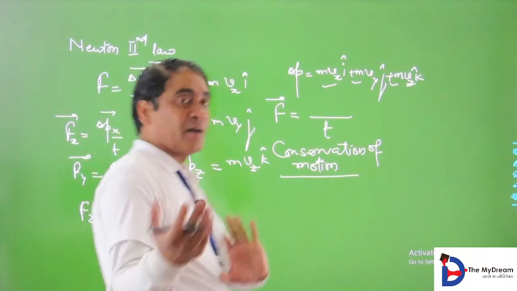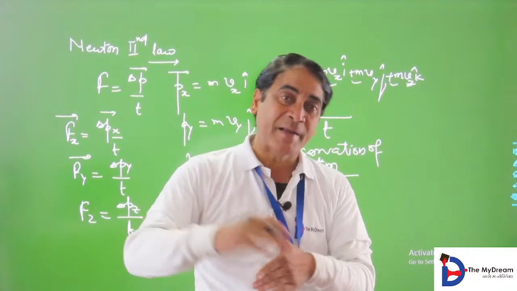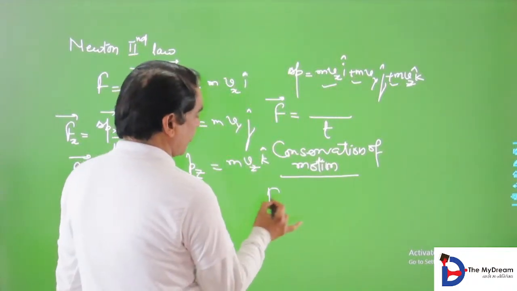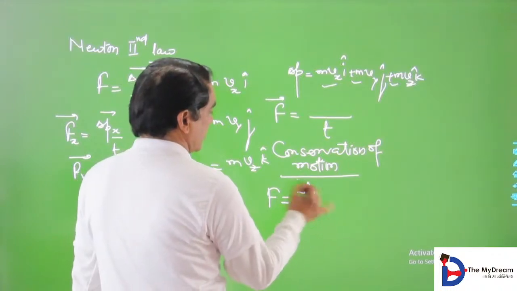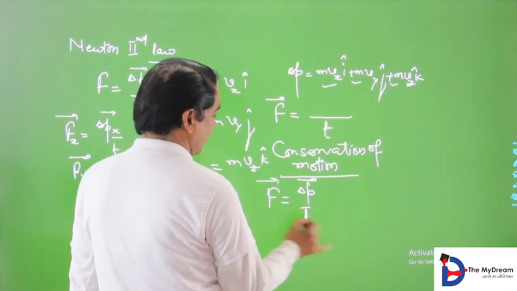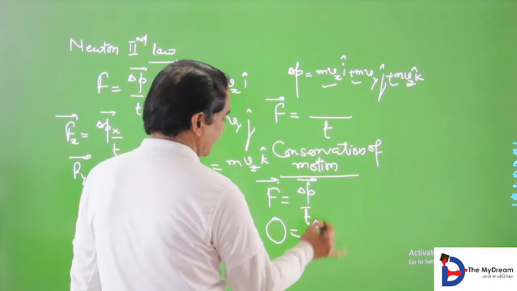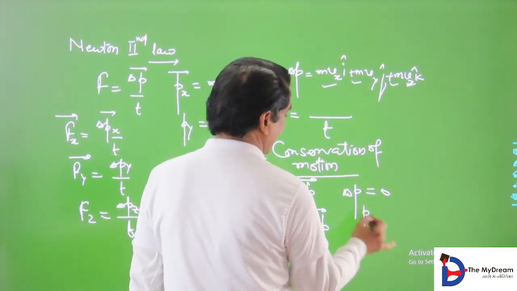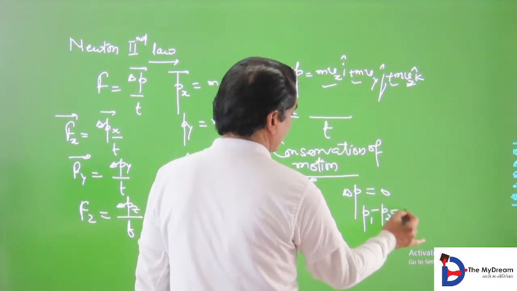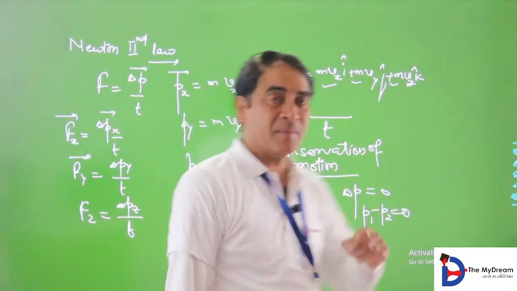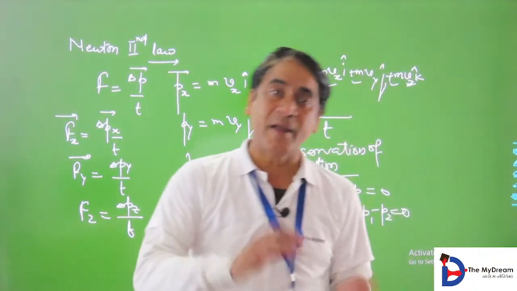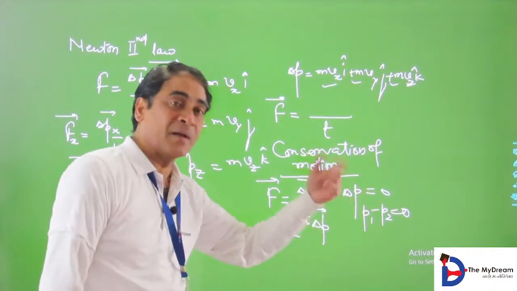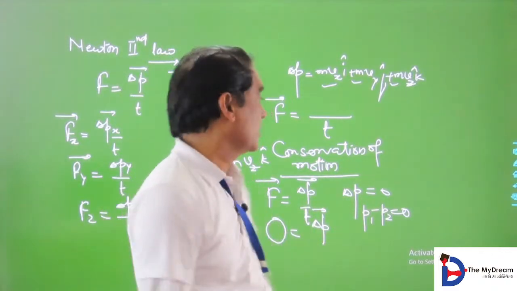If no external force is applied on a system, if you are not considering any kind of force, so delta P is equal to 0, P1 minus P2. Then the momentum is conserved. If you do not apply any kind of force on a system, then the momentum remains conserved. And next,